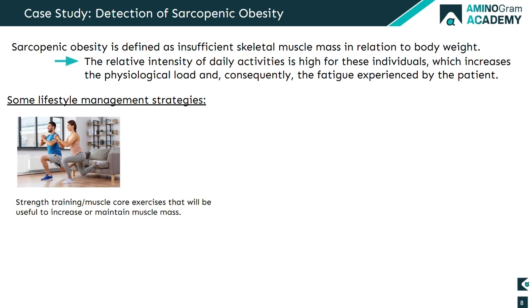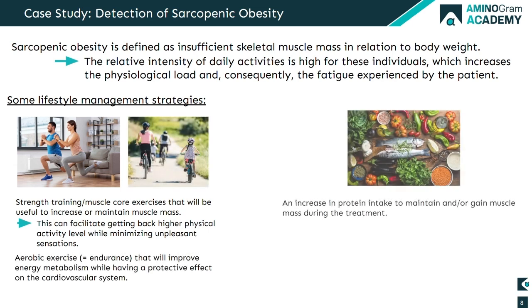And as we showed earlier, according to the vicious circle, they will tend to do less and less physical activity precisely to avoid this fatigue. And so here we can really think about some approaches to management in relation to lifestyle, particularly weight training and muscle strengthening, which will be useful for maintaining or increasing muscle mass. This can particularly facilitate getting back into movement while minimizing the unpleasant sensations related to exercise that can really hinder people who are obese, especially those with sarcopenic obesity, and aerobic physical activity, generally referred to as endurance, which will